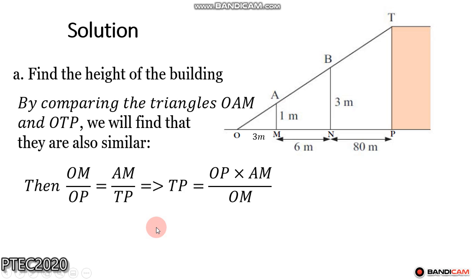So we already know the length of AM, right? AM is 1, and OP, how about OP? OP here we can add together: OM is 3, MN is 6, and NP is 80. So if we add together to find OP, it will equal 89. So OP is 89, AM is 1, and we divide by OM. OM here is 3. Yeah. So you can see